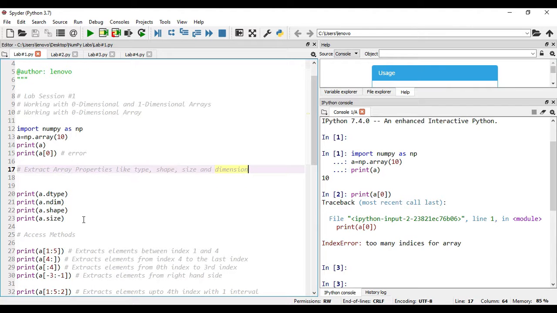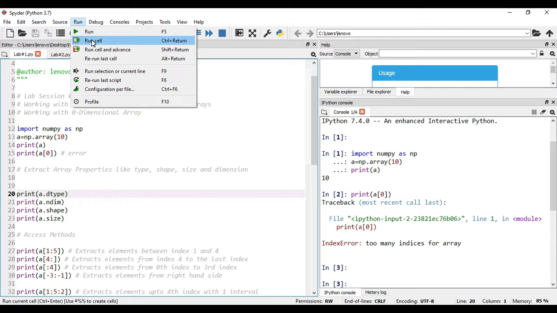Let us try to extract these. I will execute the statements individually. If you want to know the data type of your array, then the statement should be a dot dtype, where a is the 0-dimensional array you have created. dtype is going to retrieve the data type of your array. Select this particular statement, go to the run menu and click on run selection.